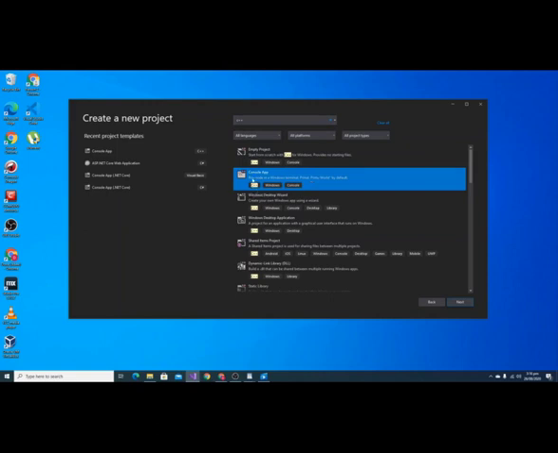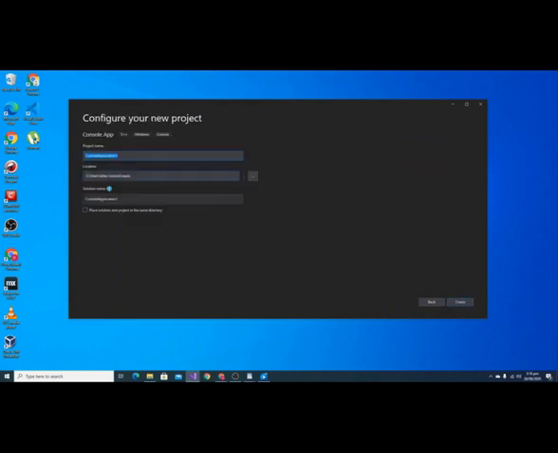So you see here, we will be running code in a Windows terminal, and by default, it prints Hello World, right? So just ensure that you have C++ and that it is a Windows console application, and you'll want to click Next. Now let's give our application a name, and I'm just going to call it